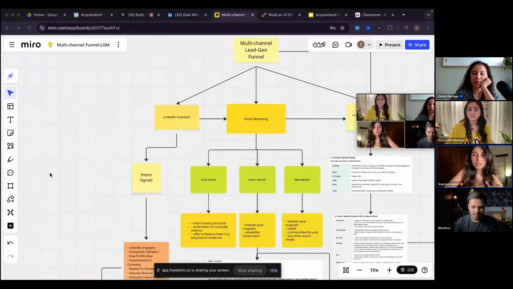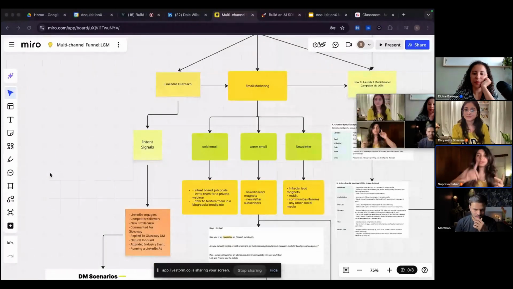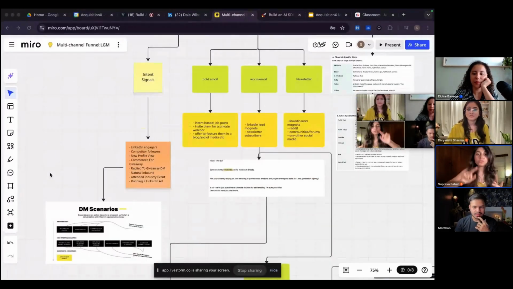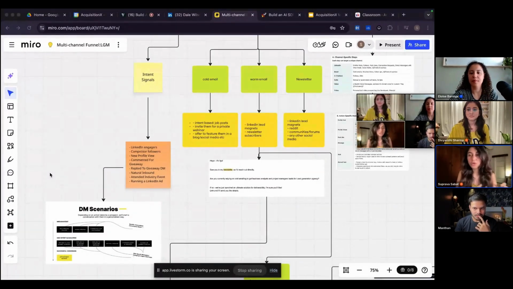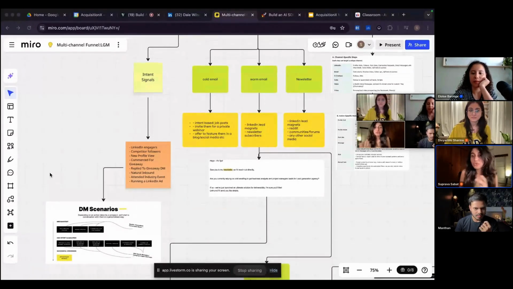Now, when it comes to the LinkedIn outreach, you need to focus more on intent signals, because I know a lot of you here would just go directly to Sales Navigator. You scrape off the list, or maybe just start reaching out to people directly, whoever you're getting, right? Now, I'm not saying this will not work. Of course, that will work. But at the same time, you need to understand that a lot of people, especially your competitors, are also doing this, right? Now, what makes you stand out? So you need to understand all these things, and that's where intent signals come in, right?